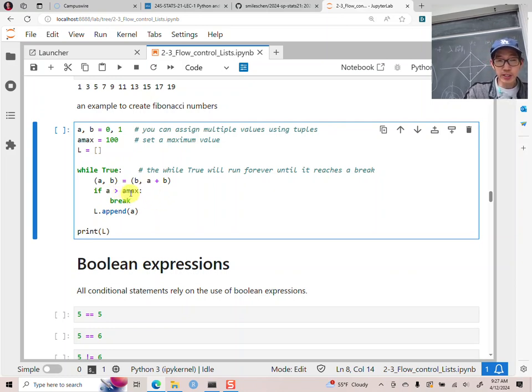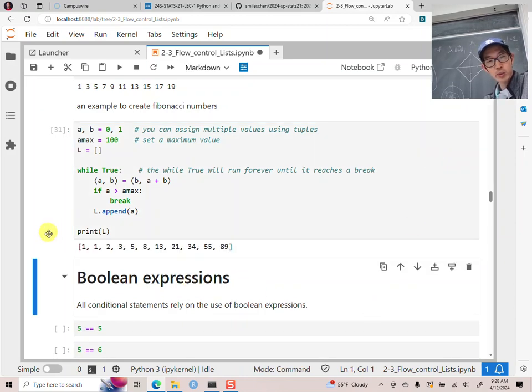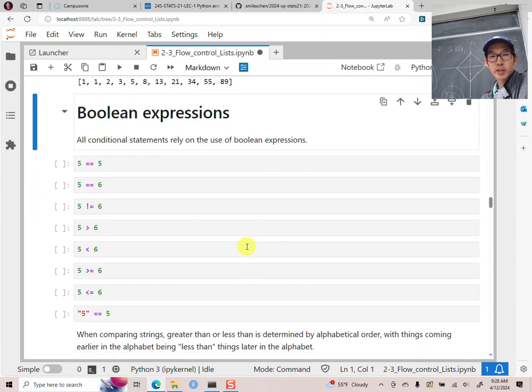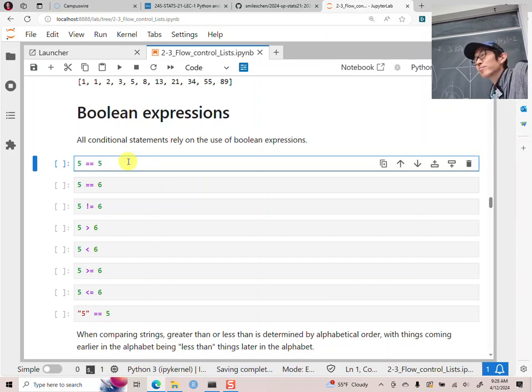So we'll do that, and as we continue, we will append all of our values of A into this list L. Okay, so we'll do L.append A, and that's going to store results into L. So we'll go ahead and run this, and we'll get our Fibonacci numbers, right? So we get 1, 1, 2, 3, so on and so forth, up to 89. Okay, these are all different ways to get